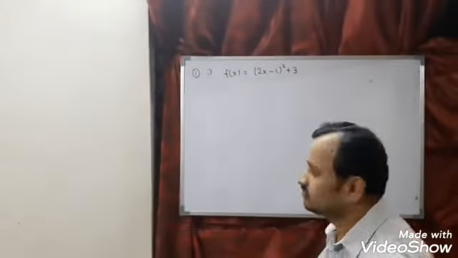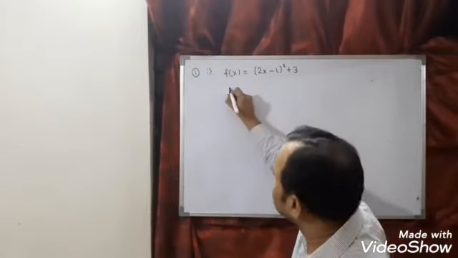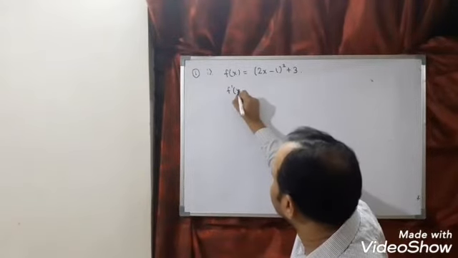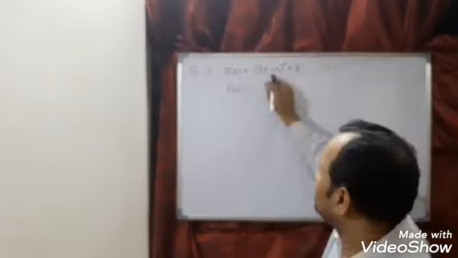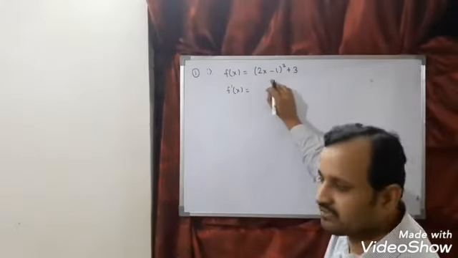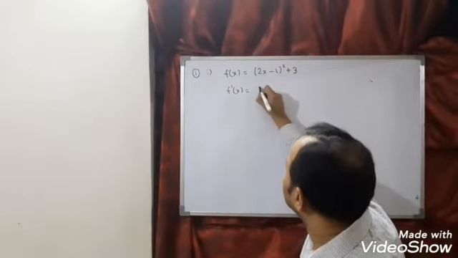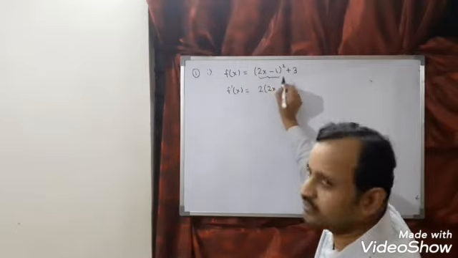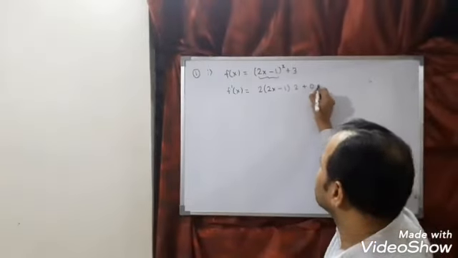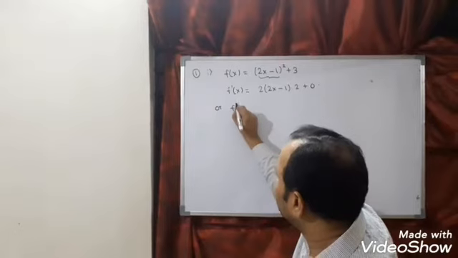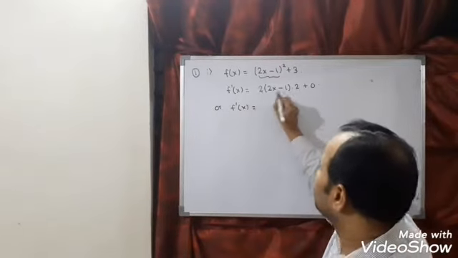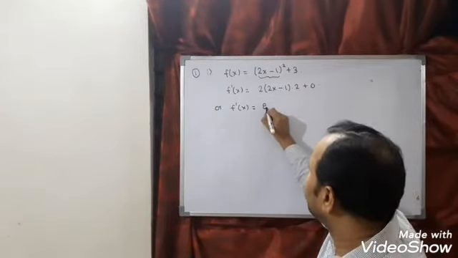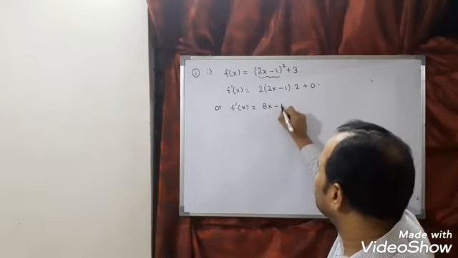Now look here, it is a polynomial. Find f dash x. One method is expand and then differentiate. Otherwise directly we can do. Take this as x. X square differentiation is 2x. So 2 into 2x minus 1 into differentiation of 2x minus 1, which is 2. Differentiation of 3 is 0 because it is constant. Or this we can write as f dash x is equal to 2 2s are 4, 4 2s are 8x minus 4.